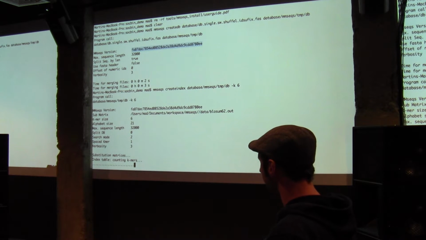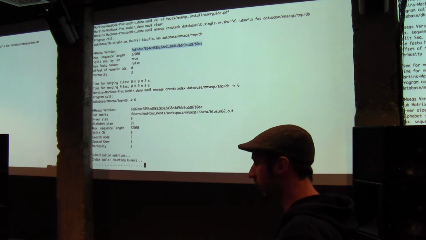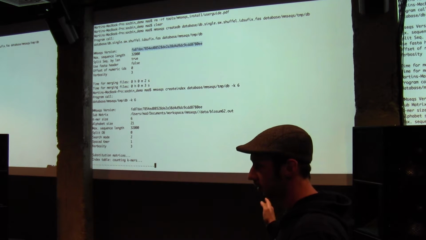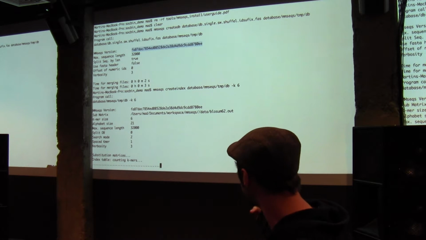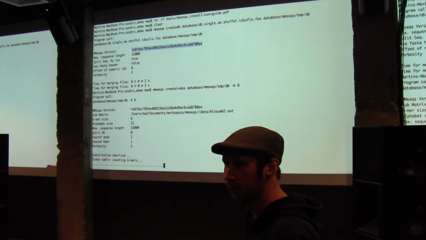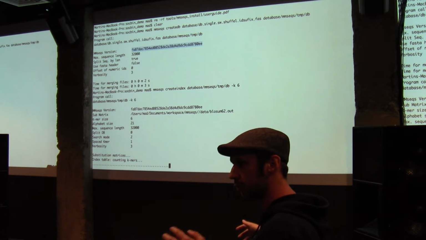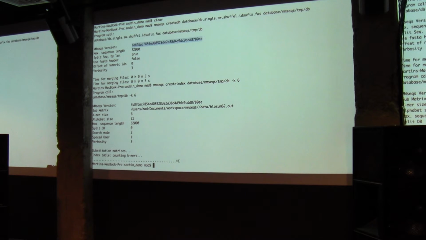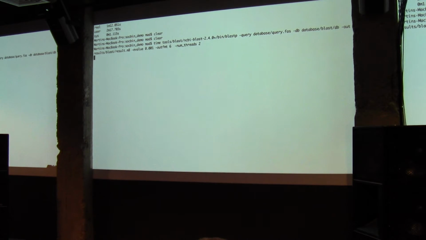This doesn't run in parallel, it runs on one CPU. So if you want to, for example, create an index of the UniProt database with around 50 million sequences, you need like 1 hour or so. But you just have to do this once. You pre-compute this index once, and then you can reuse it all the time whenever you want to search against the database. So let's stop it at this point and see, okay, BLAST is still running.